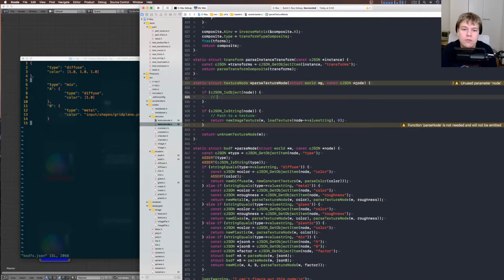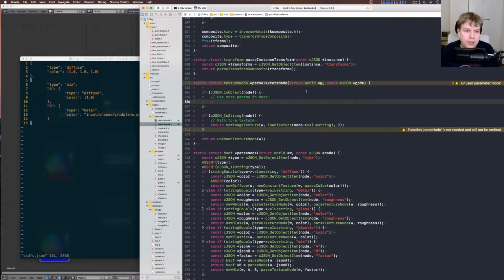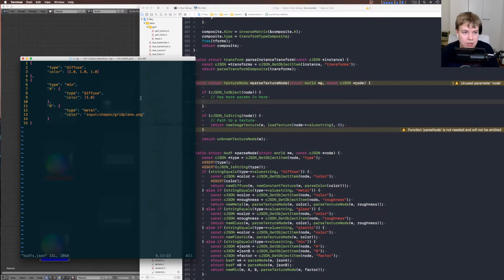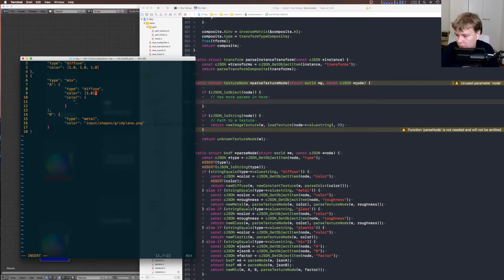It'll have more params in here. So in this case, it would look something like this. So instead of color like this, I'm just going to do another color. Color is equal to like this, and then we'd have stuff like